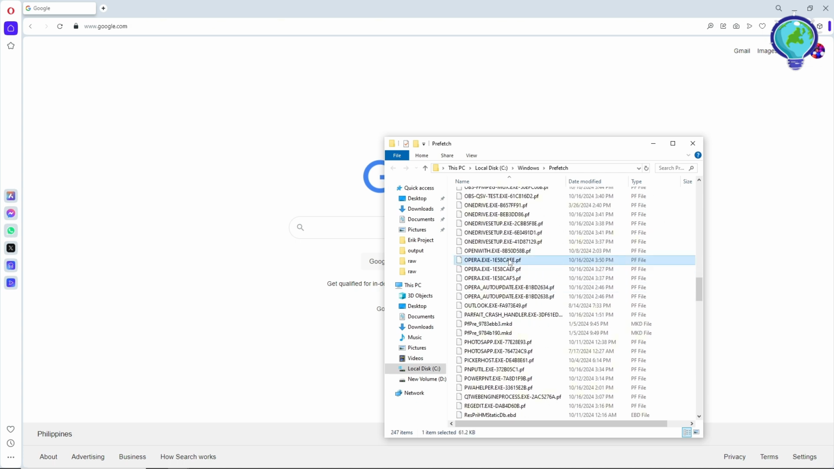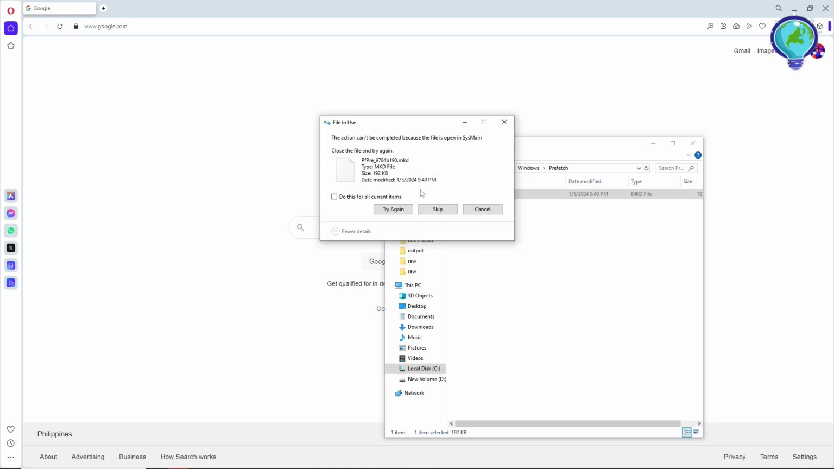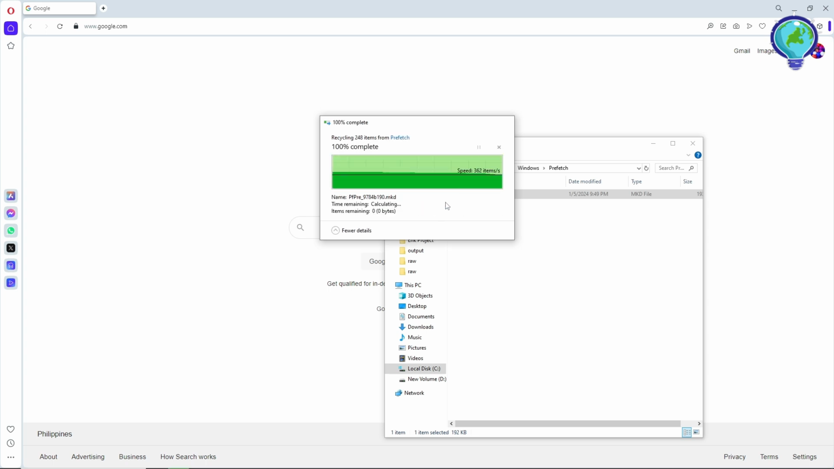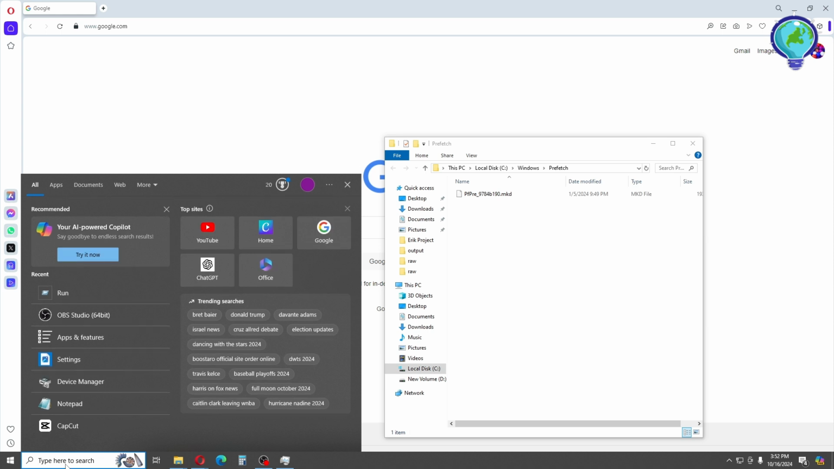So just simply tap on your keyboard Control A, and after that, just simply right click on it and delete. And from there, when this happened, you can just simply go for this one and click on skip. And now another option that you have is just simply go to the start menu again and search